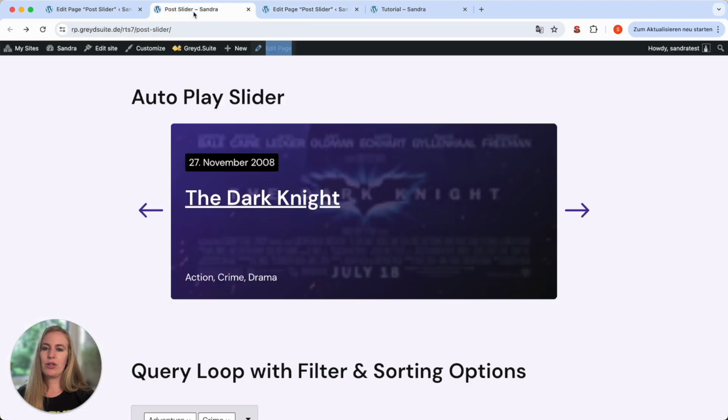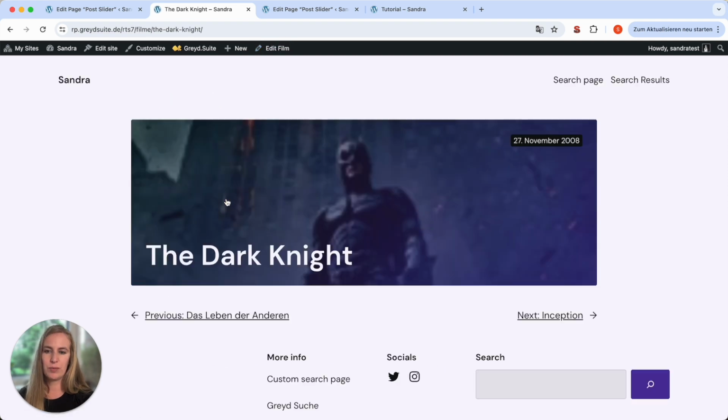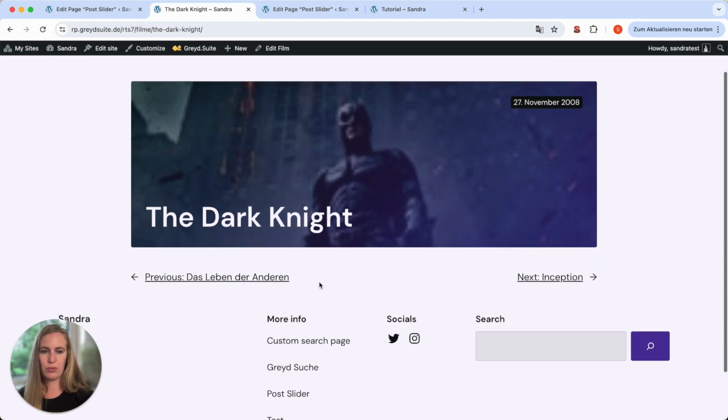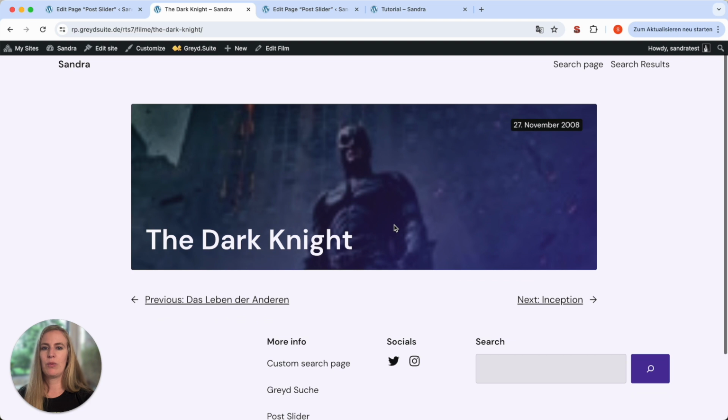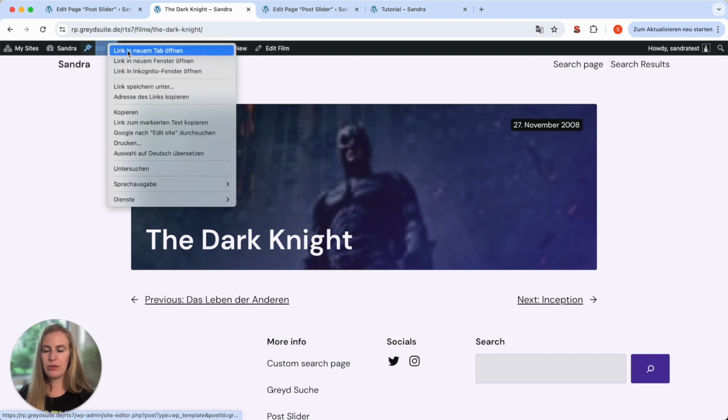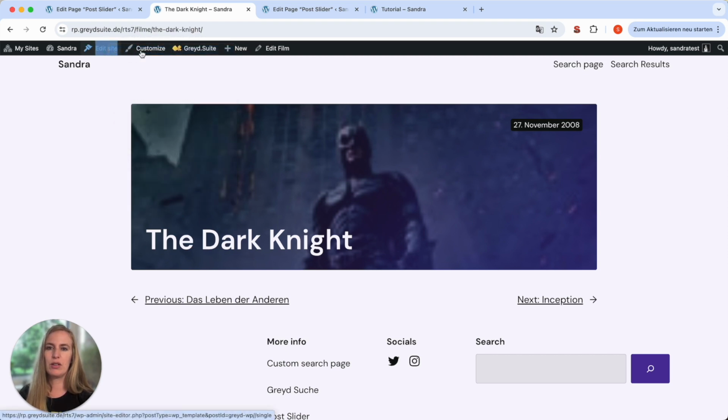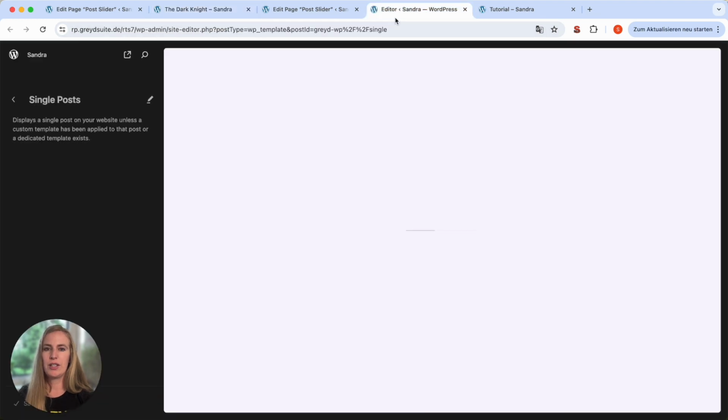So now, if you go to the front end and click on a post that has been linked, you will see the post page itself. This one doesn't have lots of content, no text or something, but what we see here is the post page, and how this page looks is defined by the post template. Post template is a regular WordPress template that you can edit in the site editor. We also have tutorials on that, obviously, but let's take a look at it.